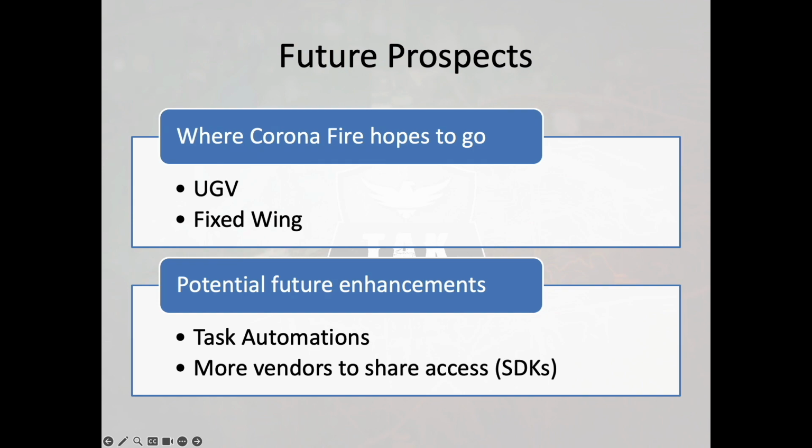Now let's talk about the potential future enhancements of UAS tools. I would like to see some task automations that can be pre-built, pre-canned, and just set to run. For example, create a map. I'd like to be able to draw a box over an area and have UAS tools just set up to fly a mapping mission where it has preset overlap, preset shutter intervals, and flight speeds, and it just goes and starts building those still shots for making